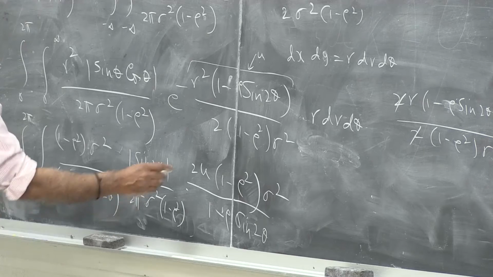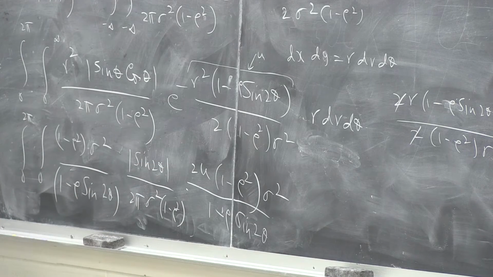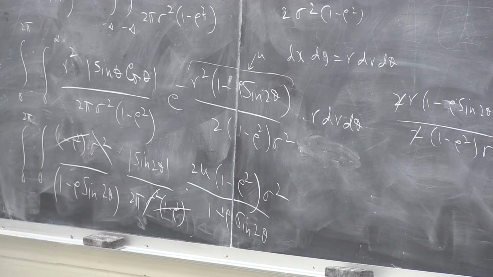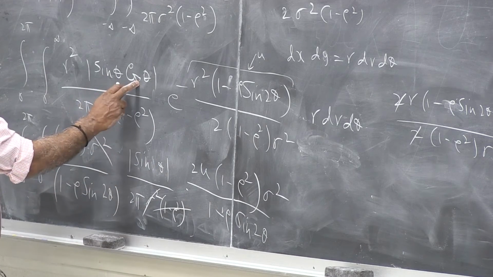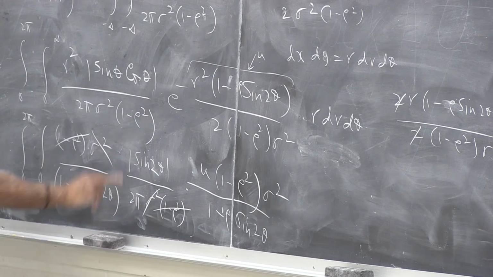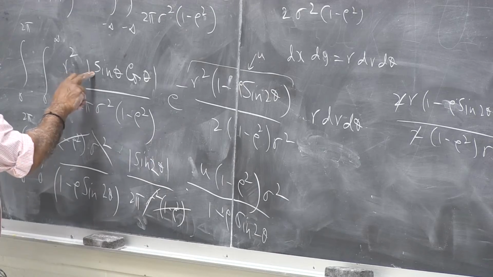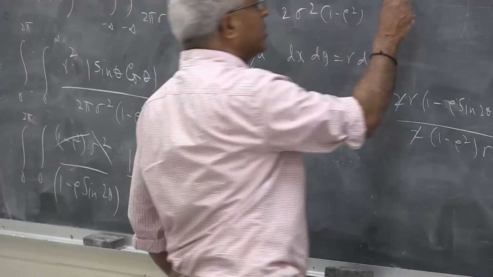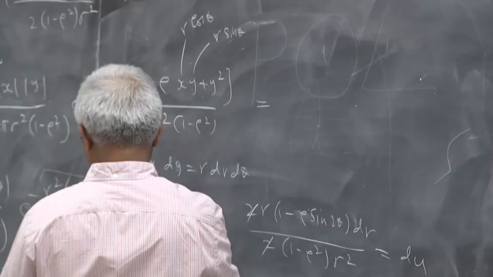So some cancellation now. Sigma squared cancels with one sigma squared here. 1 minus rho squared goes away. And the rest of these terms, so you had here sine theta cos theta, together with this 2, it becomes sine 2 theta. Sine theta cos theta, then you bring in the 2 here, so it's absolute value of sine 2 theta. So the bottom line is, if everything is right, this expected value turns out to be